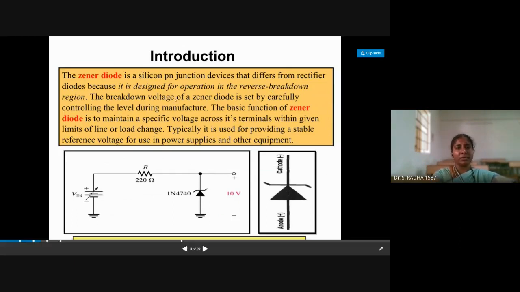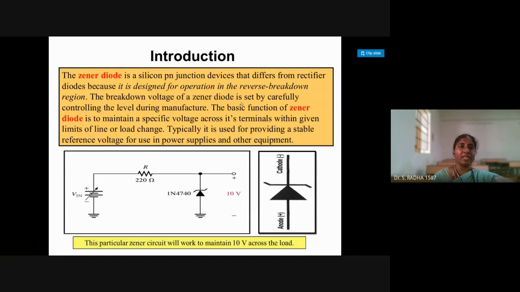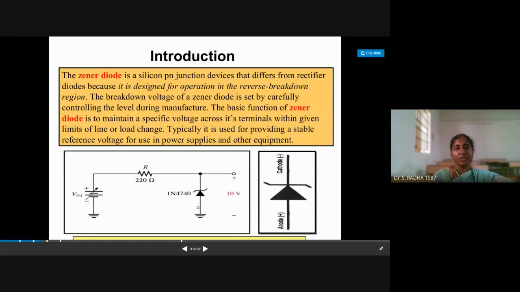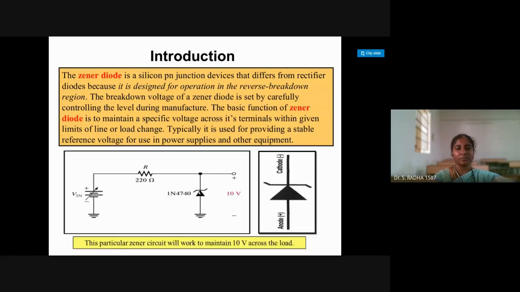But a Zener diode is connected in reverse bias, maximum, always in reverse bias. A PN diode has normal doping. A Zener diode has more doping, a high level of doping, so a PN diode can be converted to a Zener diode. The symbol is different. This is the Z model. The cathode is in Z shape in the case of a Zener diode.